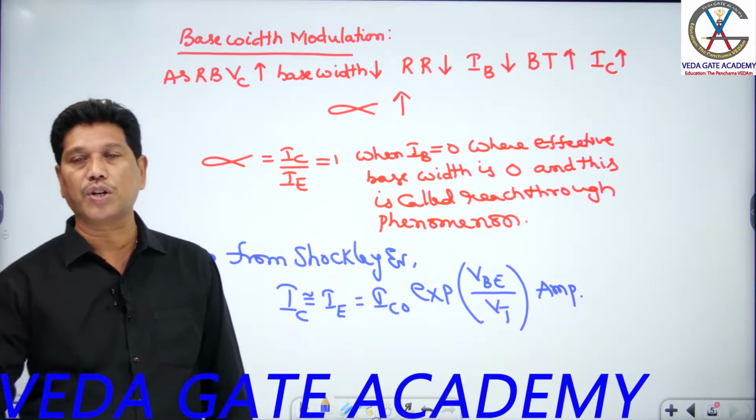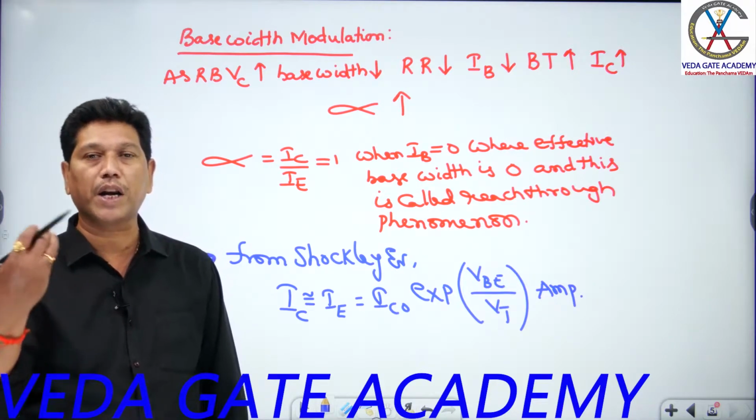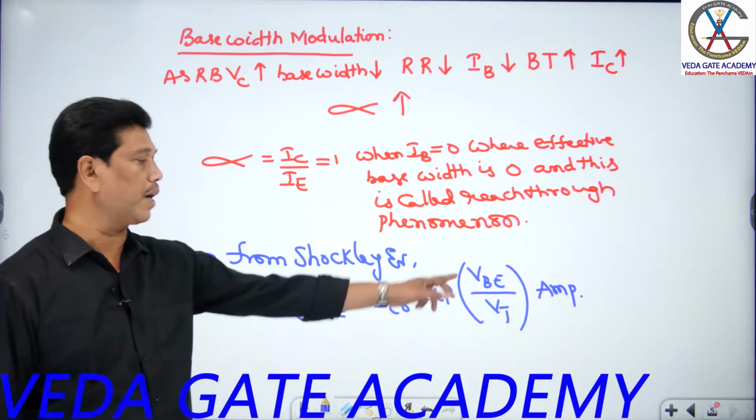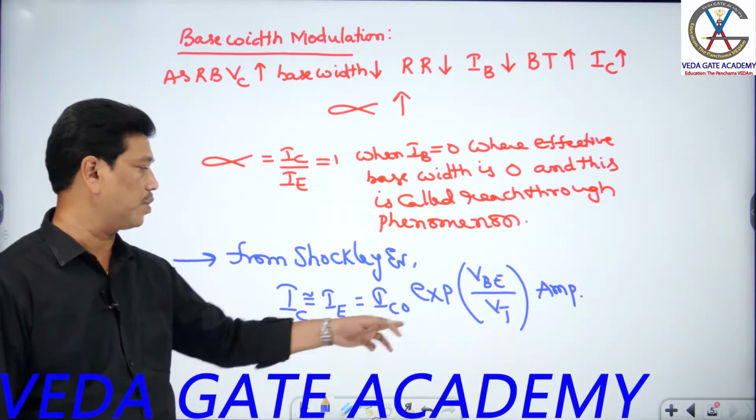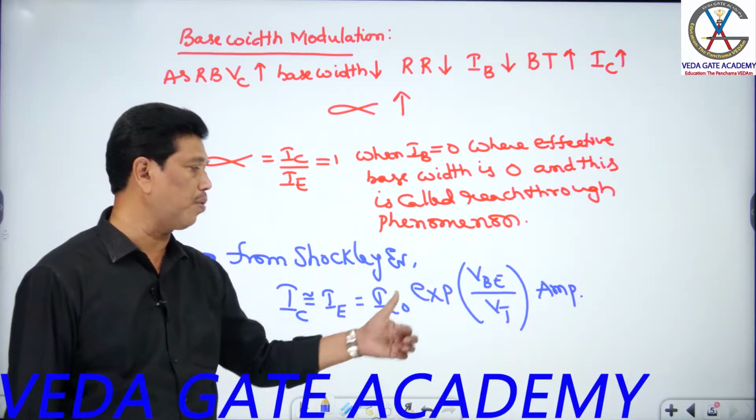So you know that any change in output current depends on the input current, which depends on the input bias voltage. Depending on the input forward voltage, you can define the input current, and by that you can express the output current, students. So this is the equation. VT stands for thermal voltage.